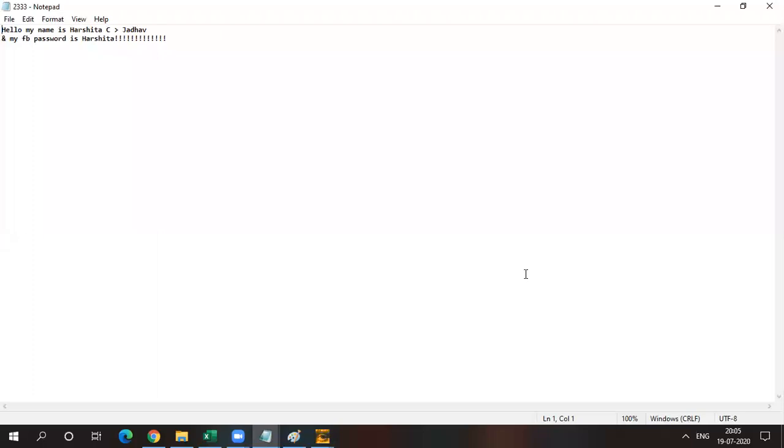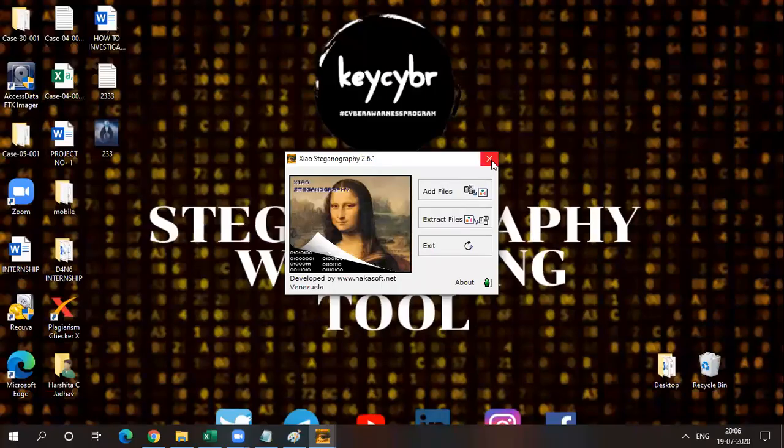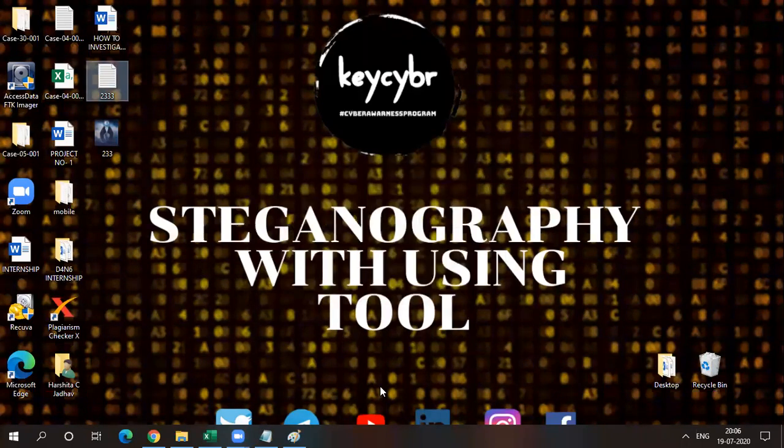After that I extracted that image by using the GIS Steganography tool only, and after that I get those messages, right? So this is how steganography works, and yes, it is very essential, and yes, mostly criminals use this modus operandi to share or transport important messages to their third party.